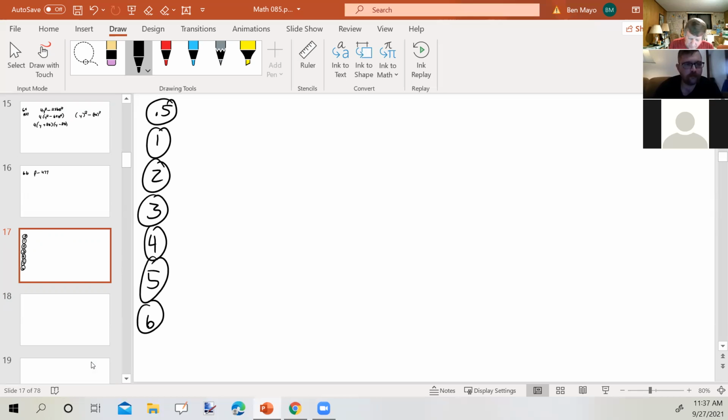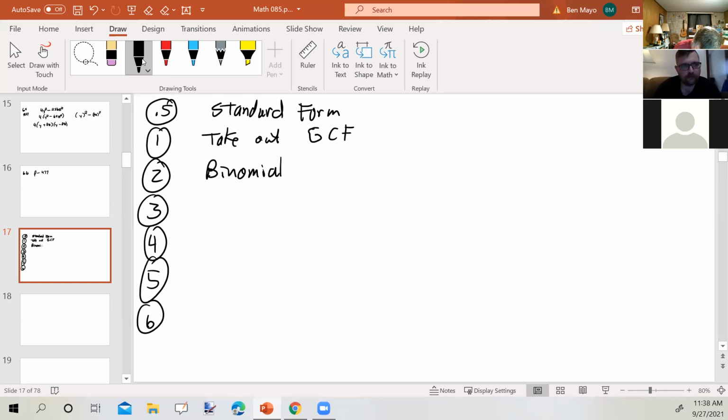All right. Point 5 is standard form. 1 is take out the greatest common factor. 2 is binomials, the difference of two squares. 3 is